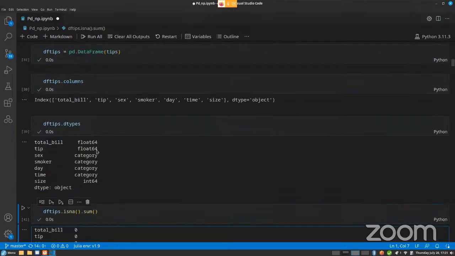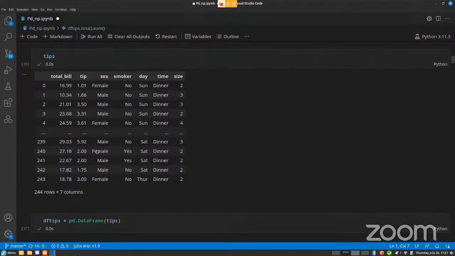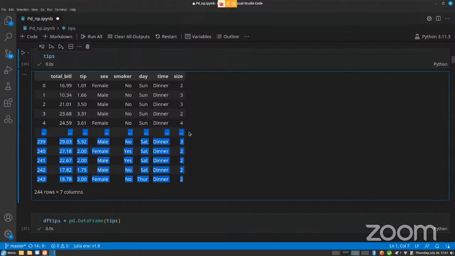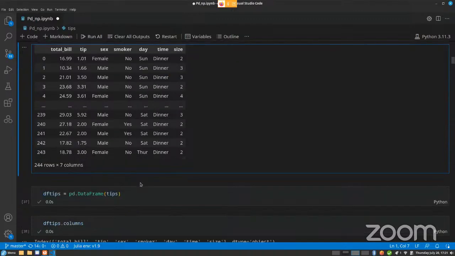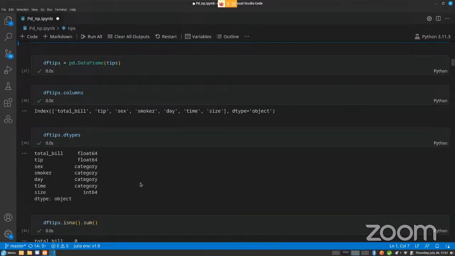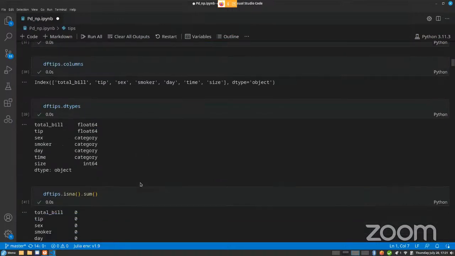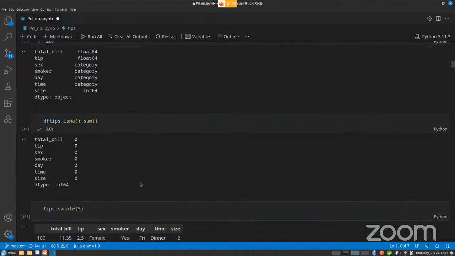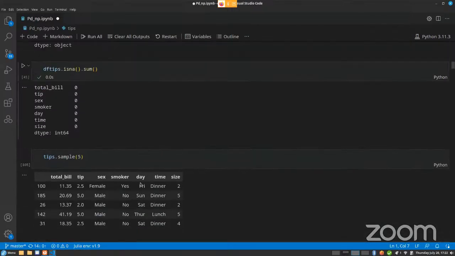Okay, because if, let's say, I look at just this, and you can see that so many rows in the middle are just hidden, I might think that, okay, all the time that the data was collected was during dinner time. So it is sometimes nice to check a random sample of your data, and that can be done by